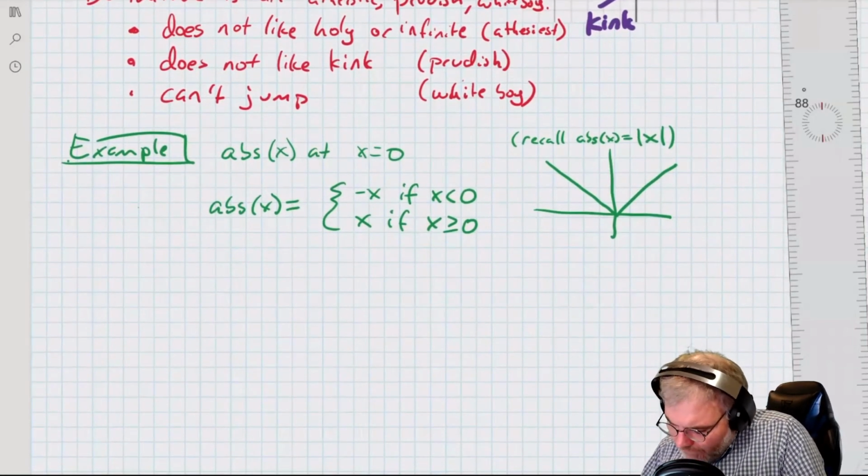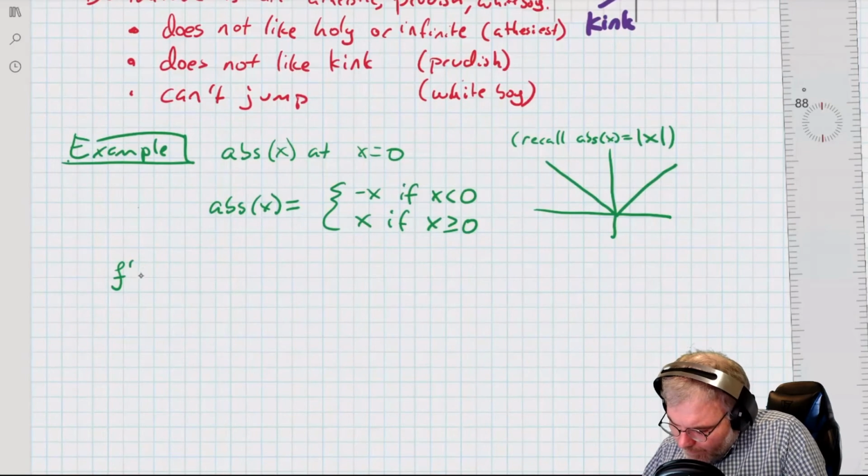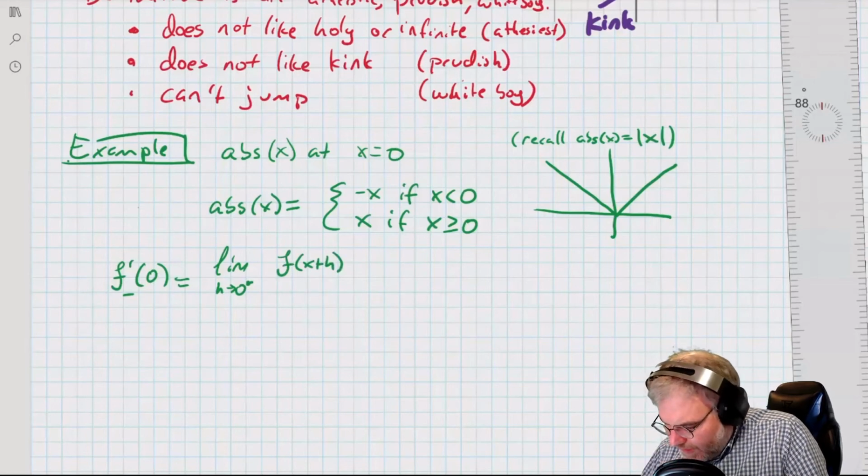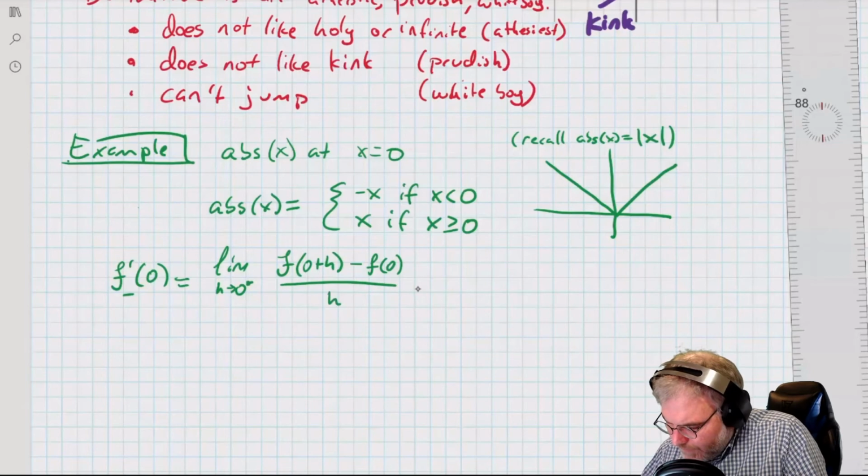So now, if I take f prime of 0 from the left, I get the limit as h goes to 0 from the left of f of 0 plus h minus f of 0 all over h, and this is from the left, not the right,